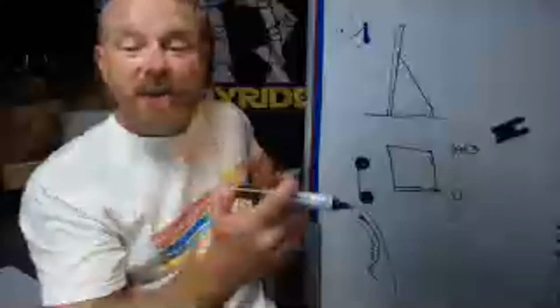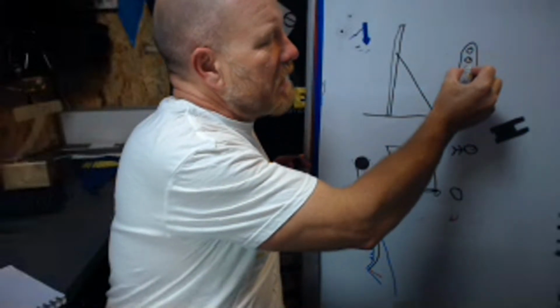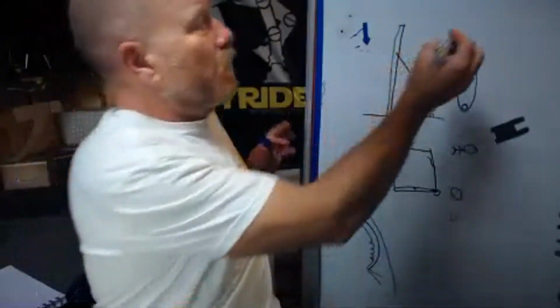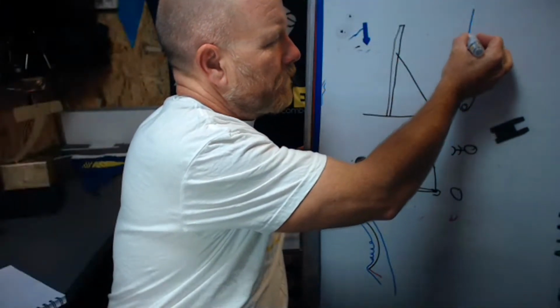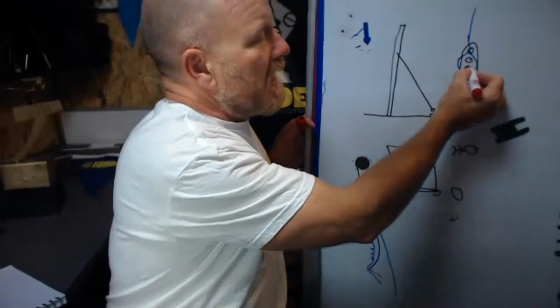A good idea, and I'm going to keep doing this now, is I did a video recently about extra shroud security for when you want to loosen or tighten your rig. And what that is doing, if you haven't seen it, if this is the chain plate, and then this is your shroud coming down here, and there's the eye on the shroud going up like that, traditionally you would have one clevis pin that would go in there to hold it,